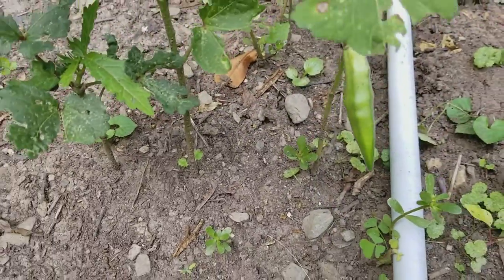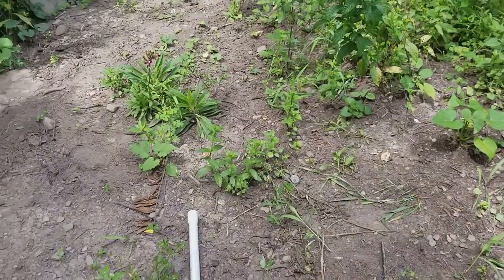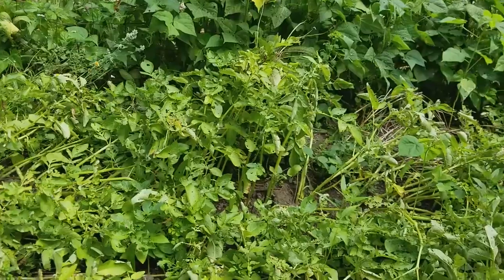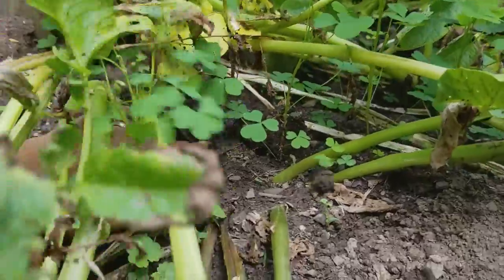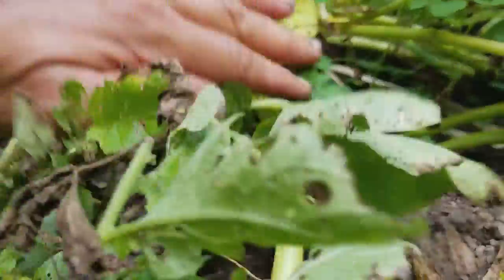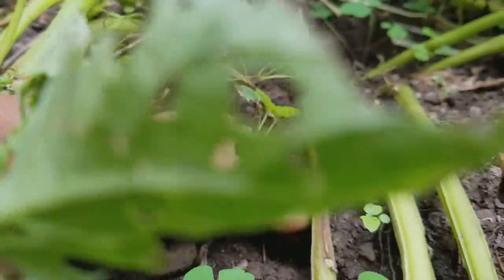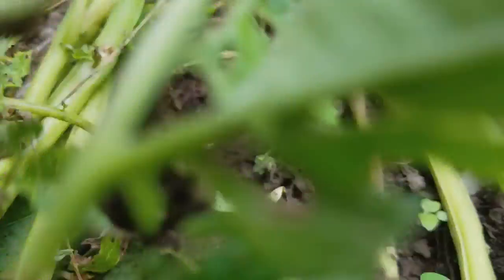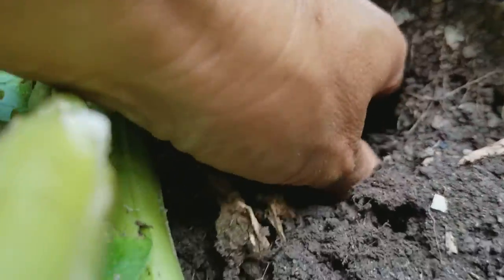See. So now I'm going to go and check on the potatoes. So we're gonna check on the potatoes and pick some of it, because I want the baby potatoes. It's not there. It's like we don't have potatoes yet. There's a stone. No, we're moving. Okay, so there's the,